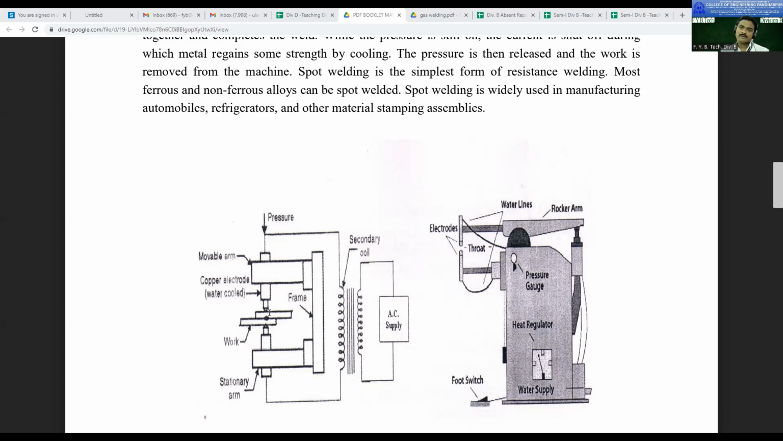Okay, this is the simple working, or the process, of spot welding. जे काही spot welding किंवा resistance welding आहे, अशा पद्धतीने कॅरी आउट केलं जातं. Next,